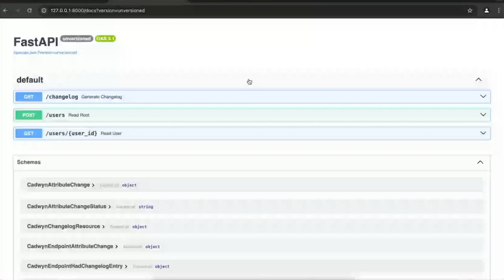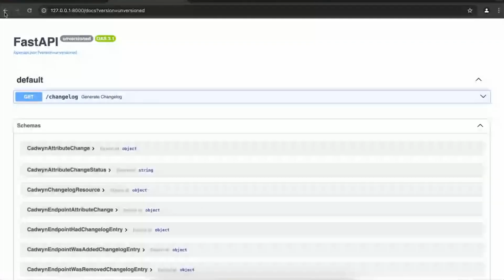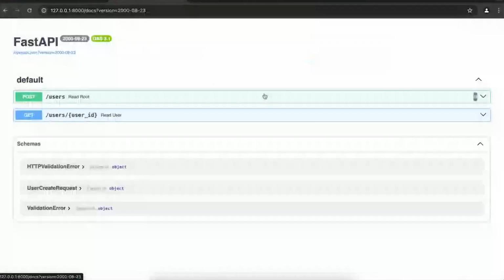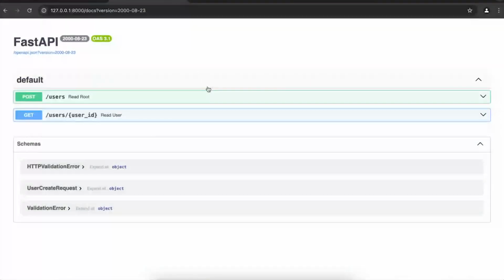And as simple as that, they are now versioned, and we can now see them in this default page for 2008-23. And if you create any other versions, Cadwyn will assume that these endpoints exist in all of them, unless you tell it not to.